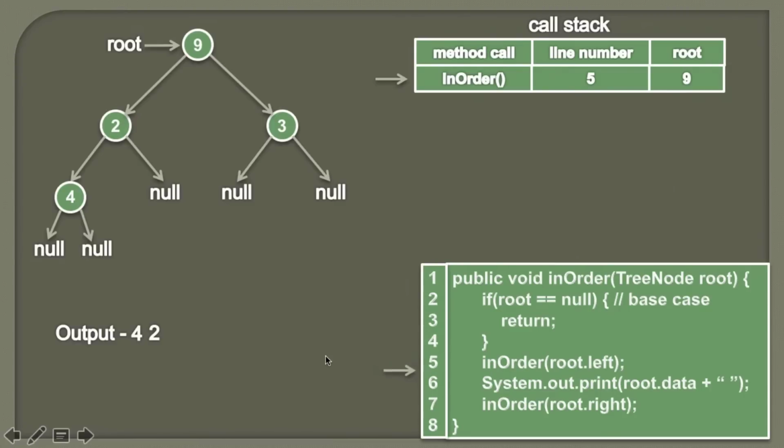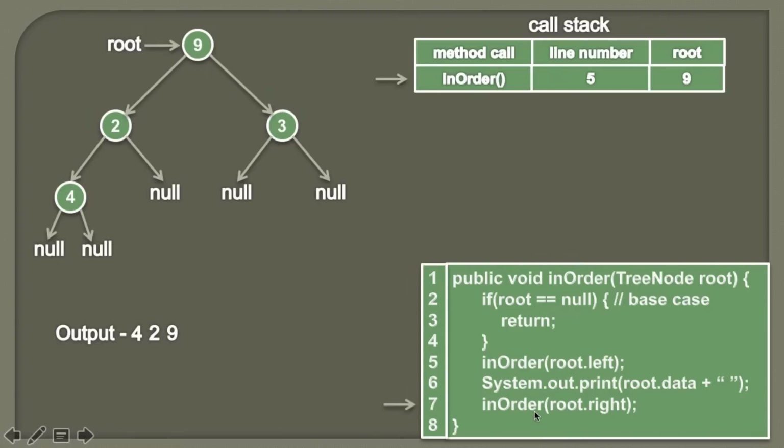So friends, here you can see before we processed node 9, we completely traversed its left subtree, and after we traverse its left subtree completely, now we are visiting the node. So we are simply printing its data on the console. Moving ahead, and once we are done with the process of this node, we have to process its right subtree.